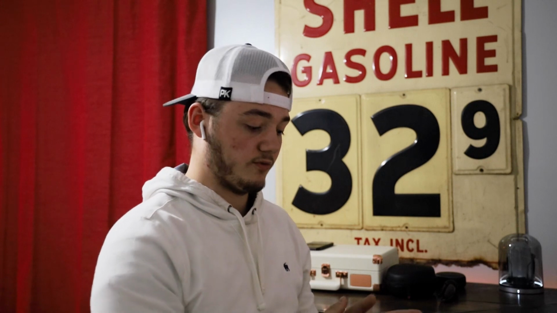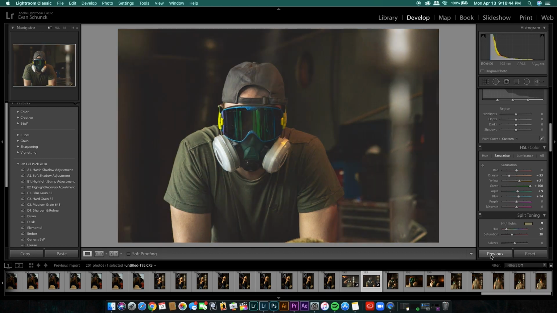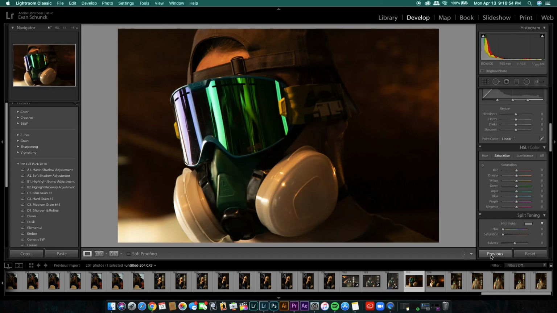So while that's saving, we're going to jump back into Lightroom and move on to the next image. Once I have one image from one particular spot edited how I like, what I'm normally going to do with the next following images is just hit previous, and it is going to just straight up apply all of the color editing that I have done to my previous photos onto the next. And just like that,